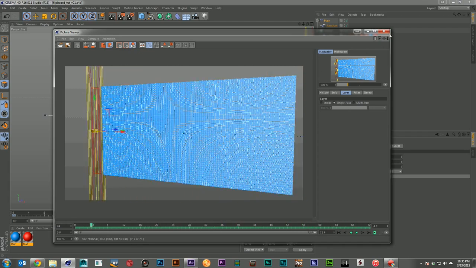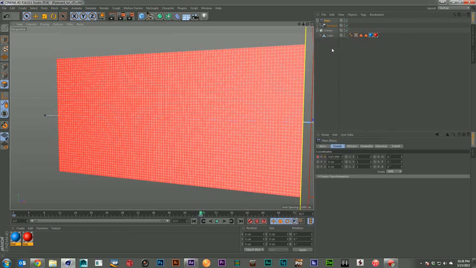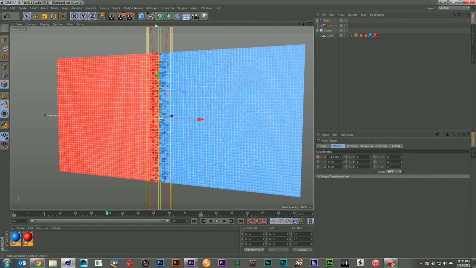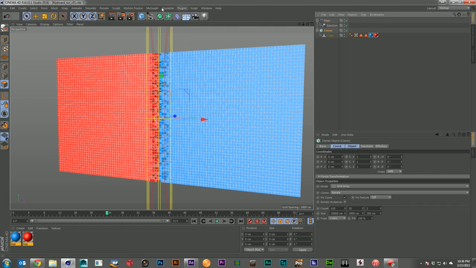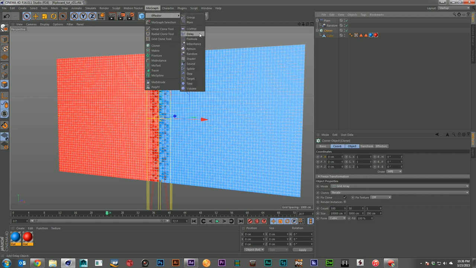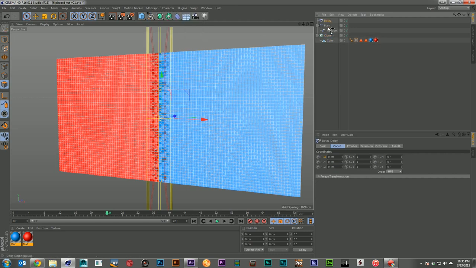meaning that once they flip, they're just flipped. It's very robotic, very mechanical. And if you've ever seen one of these in real life, you know that there's a little bit of give and wiggle as they flip over. So that would be something we'd want to add in as well. And that's really easy to add in with one more effector, and we're going to use the delay effector. And I'm going to put the delay effector right here underneath the planar effector as well.